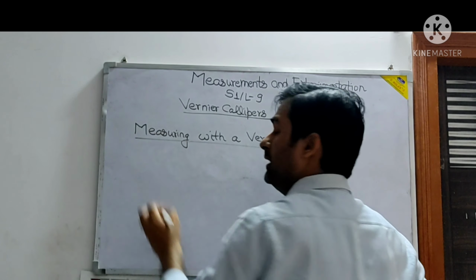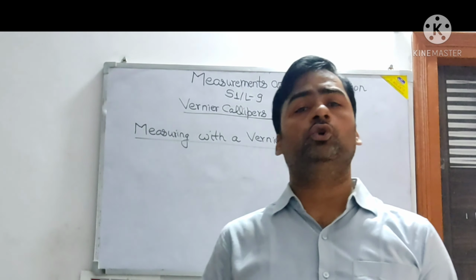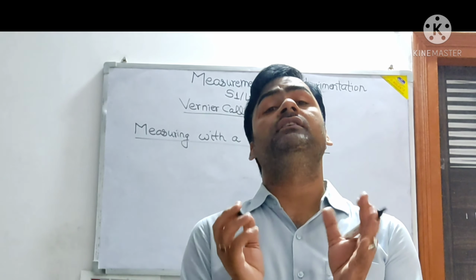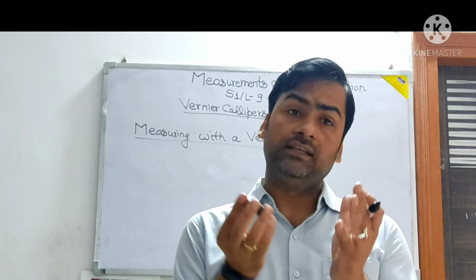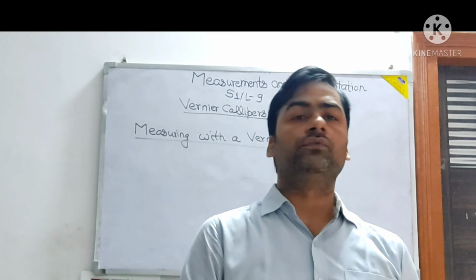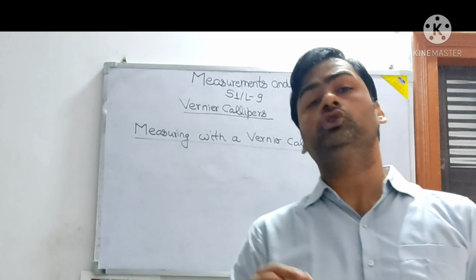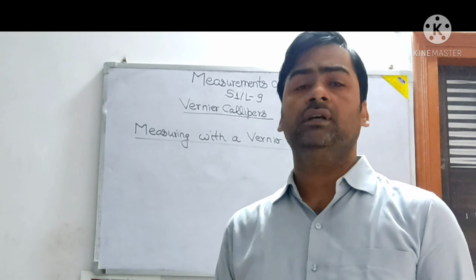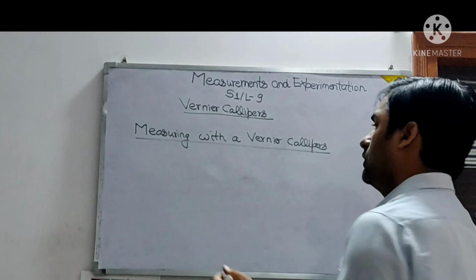See children, the approach that I told for the previous question, I had not gone to the theory portion. I had explained what will be useful from the exam point of view and the numerical point of view, because there are numericals given on vernier calipers, and I have told you so many things about that. Now, measuring with vernier calipers. I don't have exact vernier calipers, but what do you do?